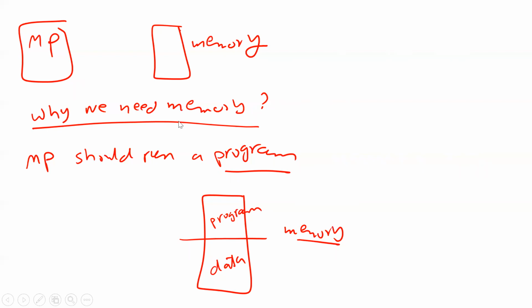Here, guys, I want to answer a question. I didn't answer it yet. Any computer system should have a memory. Without memory, I cannot create a system. So why? What am I going to use this memory for? Look here. Actually, I'm going to use the memory to store two things. I'm going to store my program in the memory. Also, I'm going to store data in the memory.